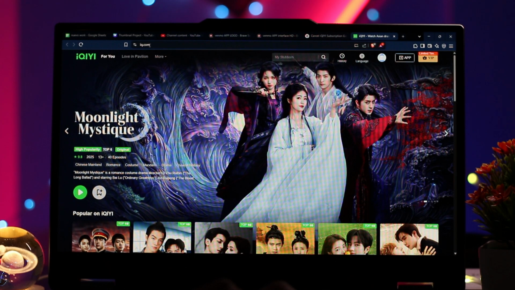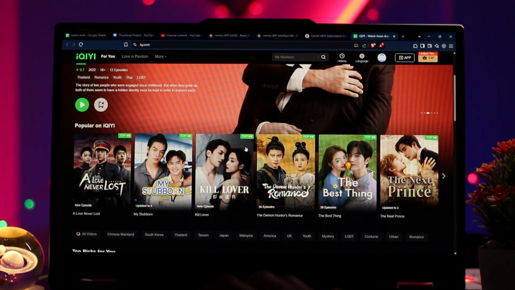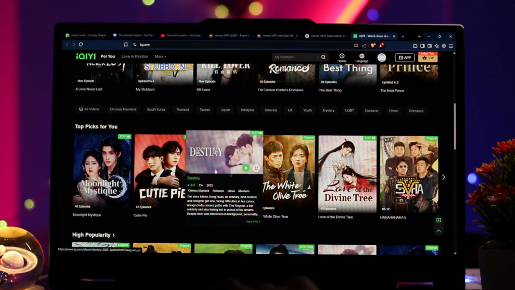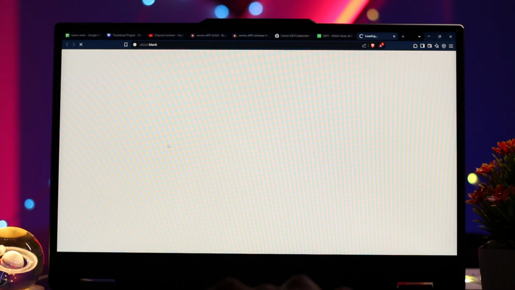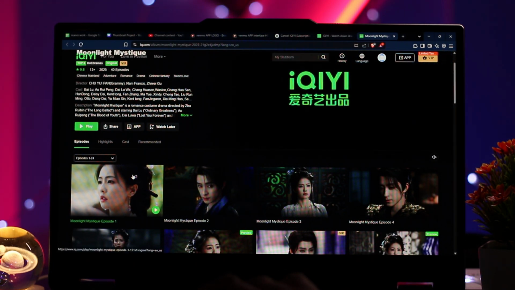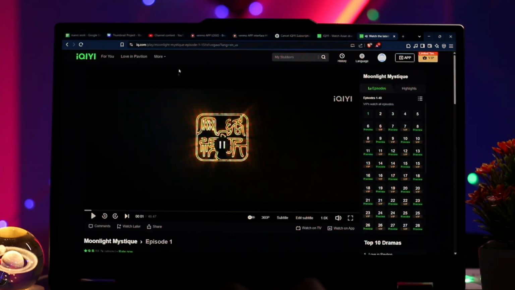Then on the search bar type in iQIYI.com, and then on the home screen of iQIYI simply log into your account. Once logged in, select the series that you want to download. Let me just select this one right here, and once you are here, open up any episode, and then once you open it, copy this